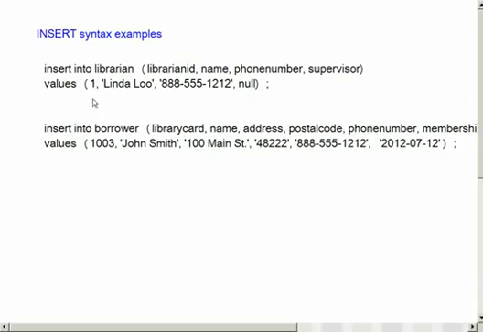What you're seeing in this example is that I have the librarian ID, the name, the phone number, and the supervisor. In this particular case, I'm giving it a value of 1 for librarian ID, a value of Linda Lou for the name, a value of 888-555-1212 for the phone number, and I'm not providing a supervisor ID number. The reason I'm giving it a null value, and you will recall that when we created this table, we said that nulls were okay, is that this particular librarian is not a supervisor, and it is this column, this particular attribute, that allows us to create that unary relationship that we talked about a few